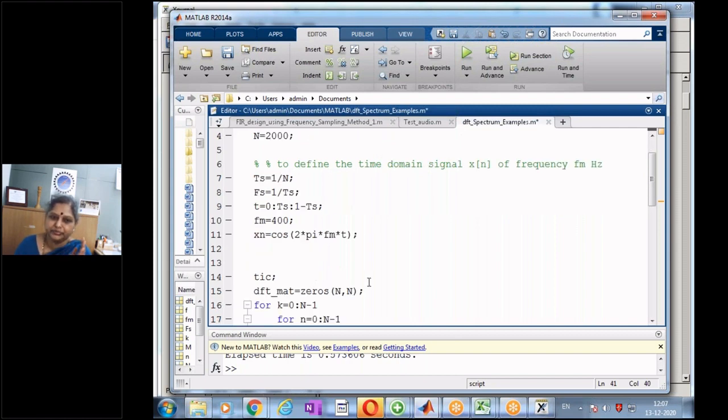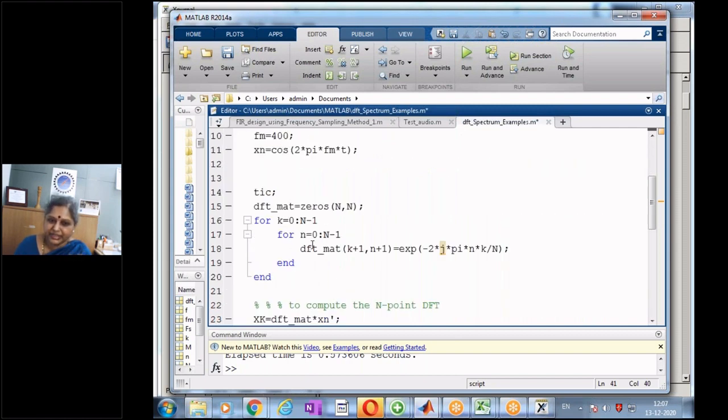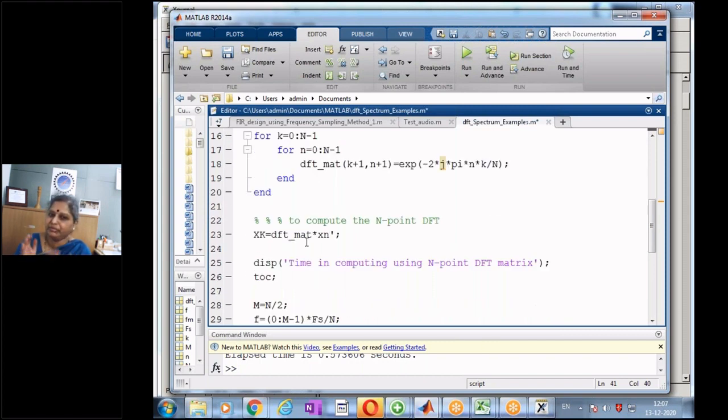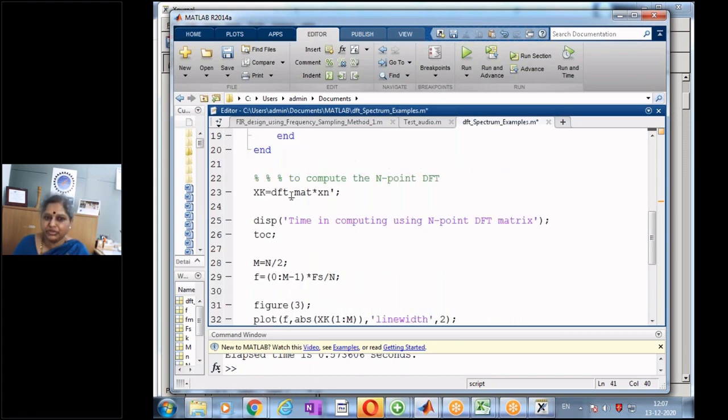So now I'm going to create my n cross n DFT matrix, and we know how to create it. This is just e to the power of minus j 2 pi n k by n. This is something we have been using so often, and it's running 2 for loops and computing it. Then once I get my DFT matrix, I'm going to multiply my input sequence by the DFT matrix, and then I get my DFT. So now here I want to know what is the time taken in computing this n